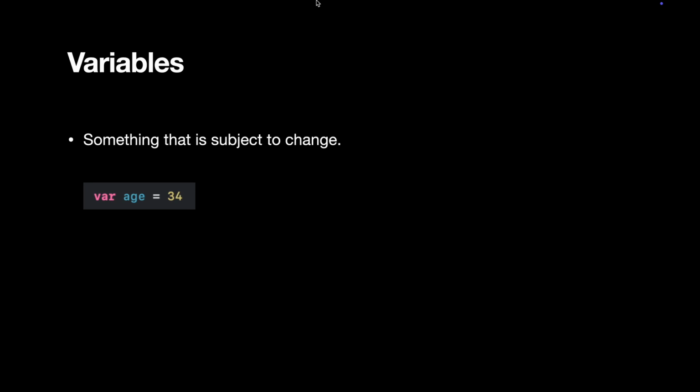So now we have learned about constants and variables. So why are these properties divided into constants and variables? Swift wants you to think about the behavior of the properties that you are going to define. If you know the behavior of your properties, if you know whether the property is going to change in the future or not,